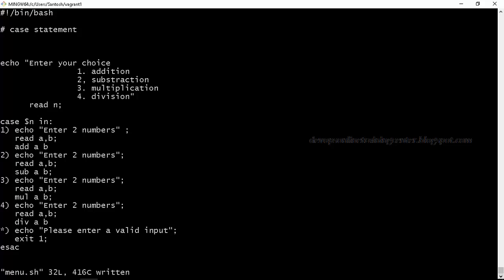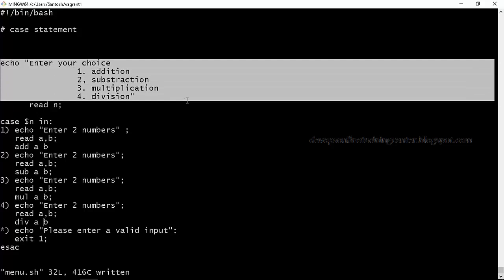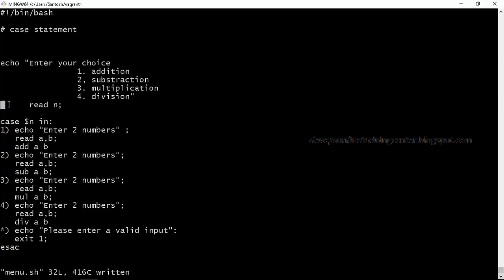Is this correct? Will it work if I directly execute? So we defined a case statement. The case statement is to develop the menus for the user choices. So I just ask the user to enter something, and this is just a print statement. So he enters something from the keyboard that will be read inside a variable called n.